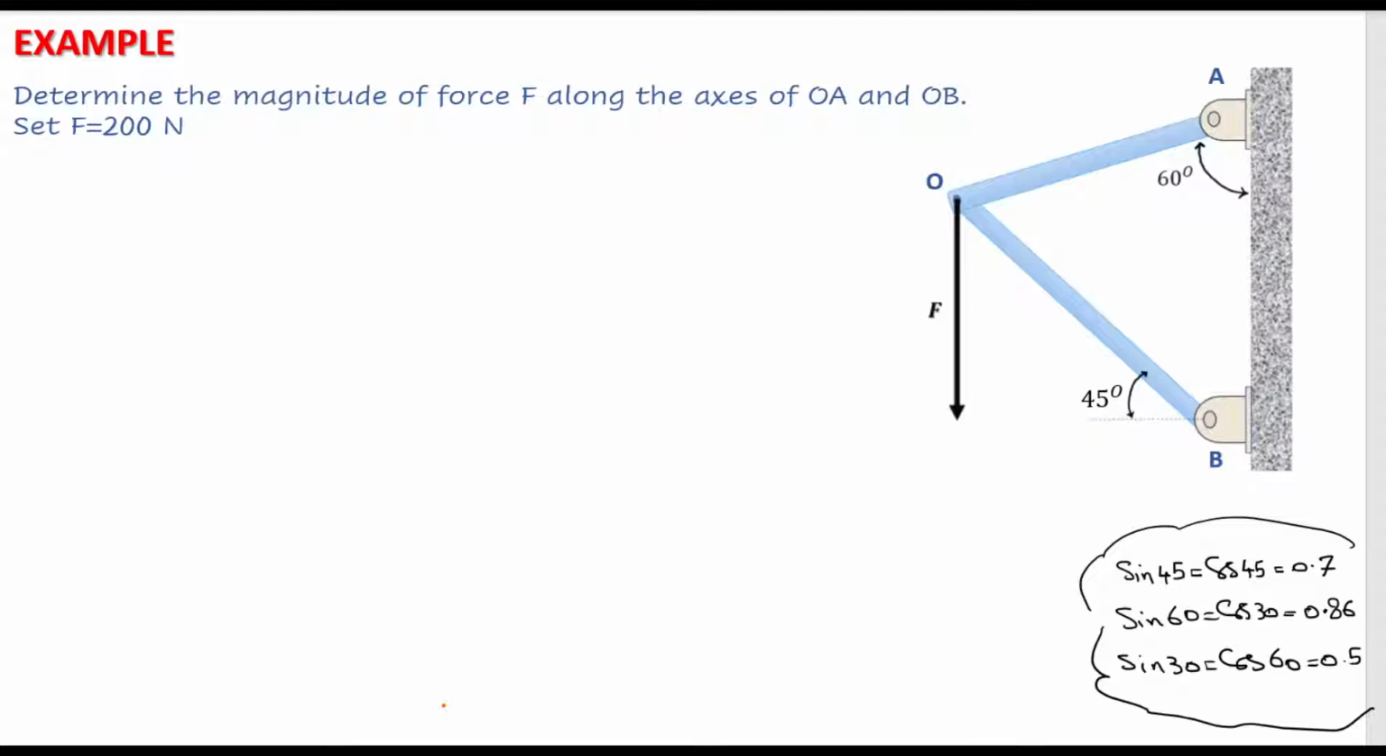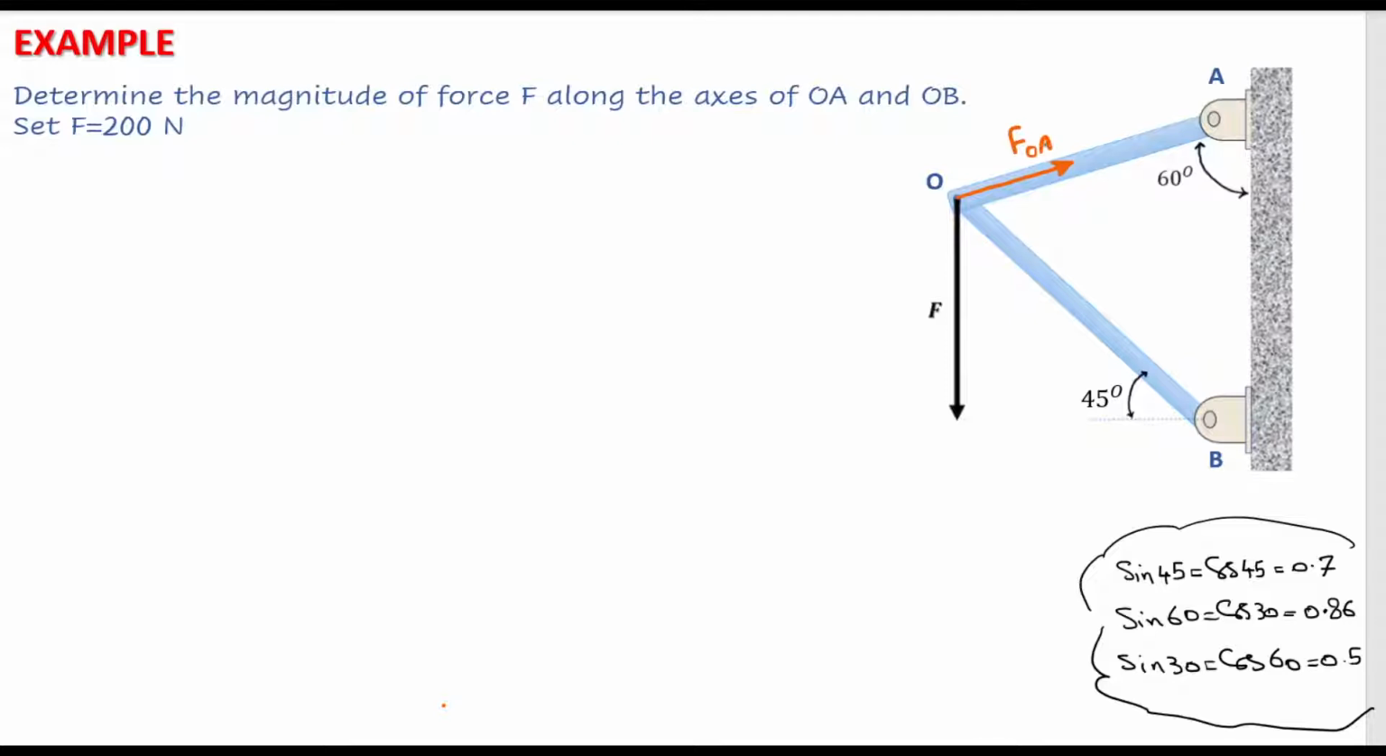Okay, in this example, we would like to determine the magnitude of force F along the axis of OA and OB when force F perpendicular downward is 200 Newton. First of all, let's analyze it. If you assume force OA is along the beam OA like that, so I determine it